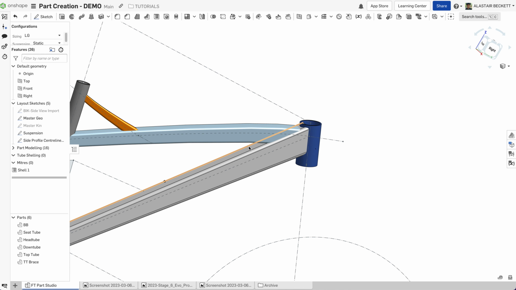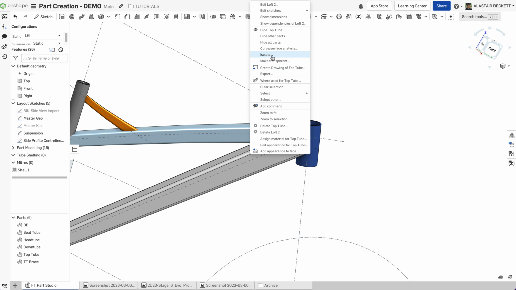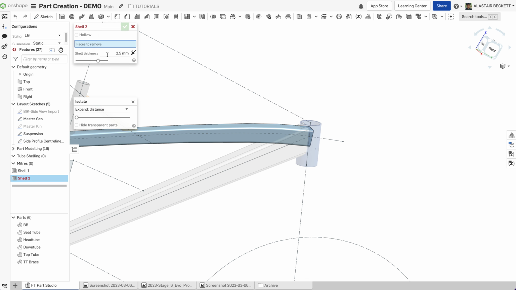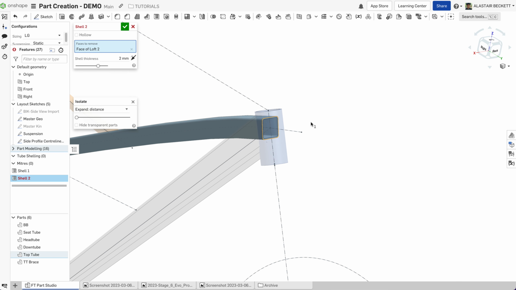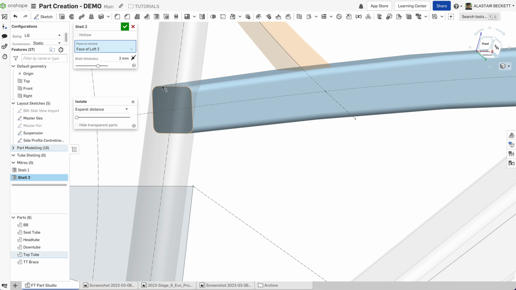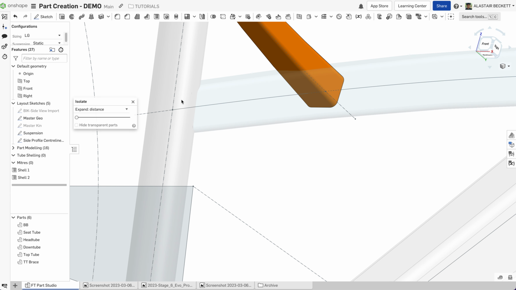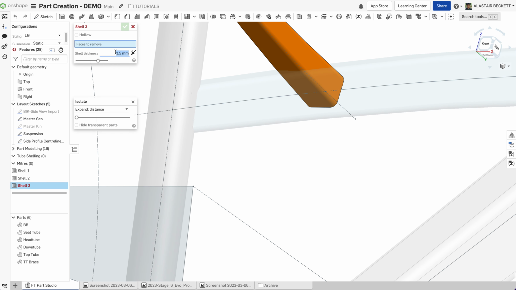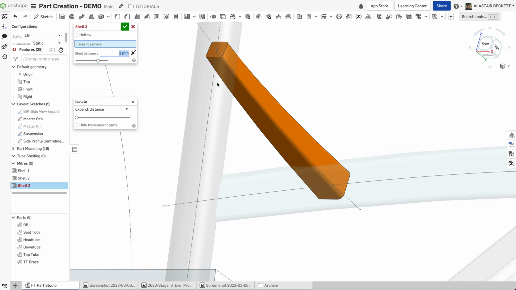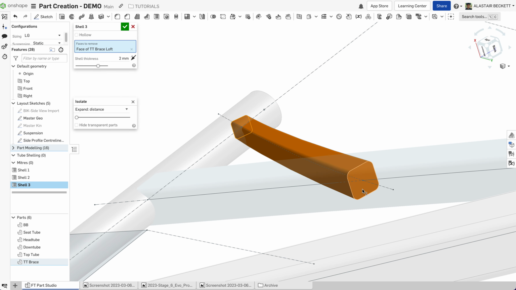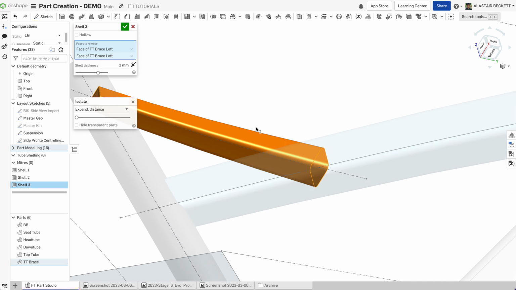So that's the top tube done, and we just repeat the process. So go back into shell, say 2mm again, and select the faces that we want to be open. There we go. And the last one, shell 2mm, and obviously these are just random wall thicknesses. I wouldn't use these. Okay,